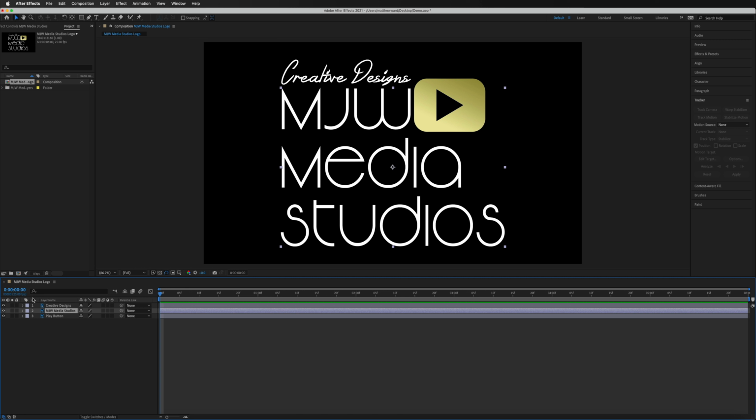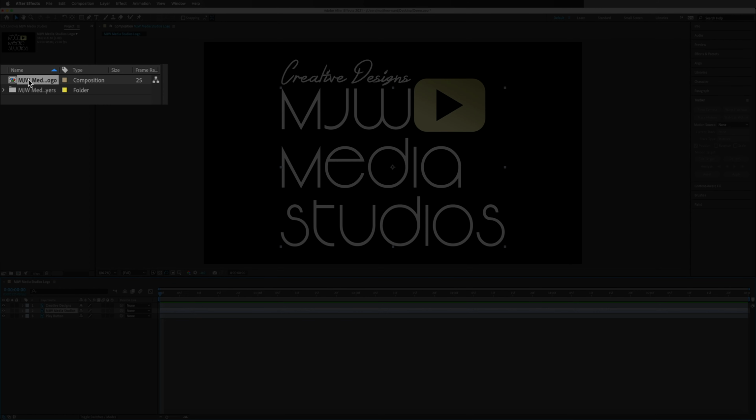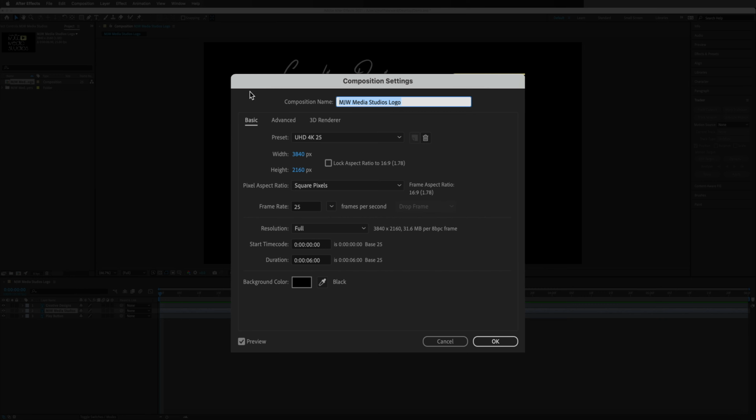And we have some settings inside of our composition where we can change the duration and things like that. The way we're going to access that is if we go back up to our project window and have a look at our composition file. If we simply right click on this composition text and choose Composition Settings, inside of here is where we're going to get all the settings that we need to set up our composition.